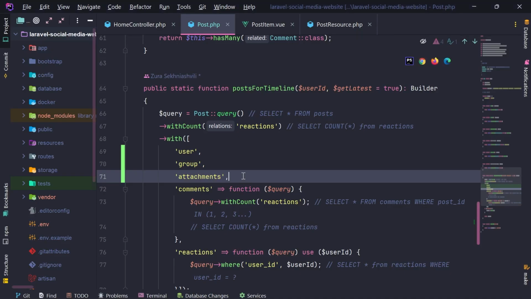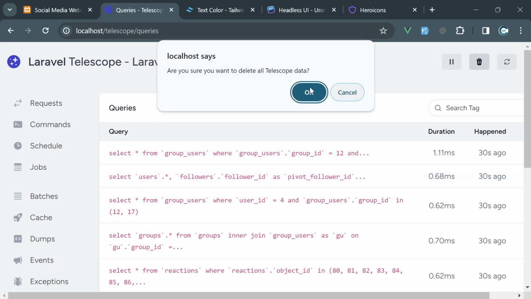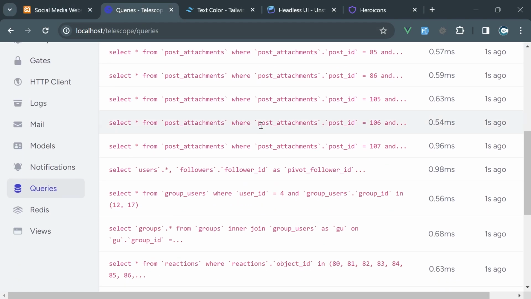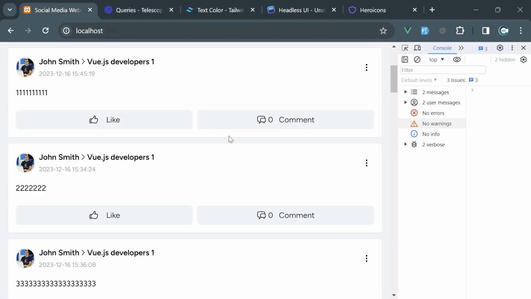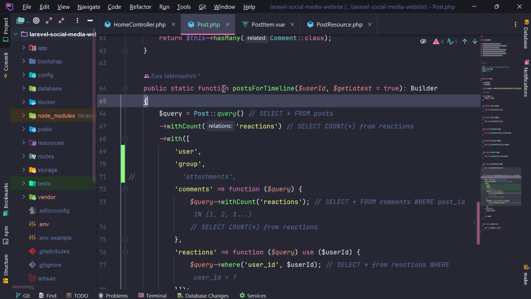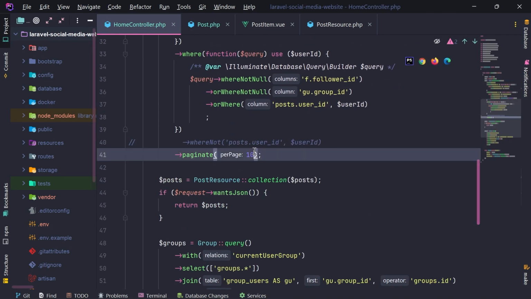Basically, if we remove these attachments, the number of queries increases a lot, and the more posts are available on the home page which have attachments, the more queries are made. So right now I am loading only 20, but if we go in the home controller and change this paginate into 100,